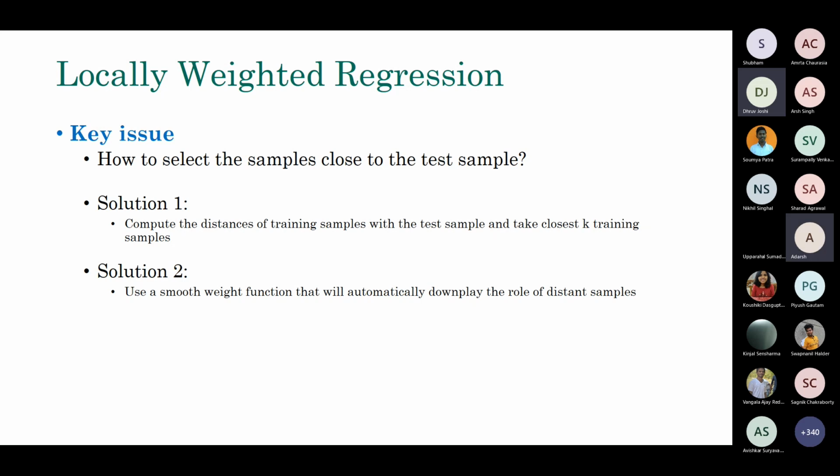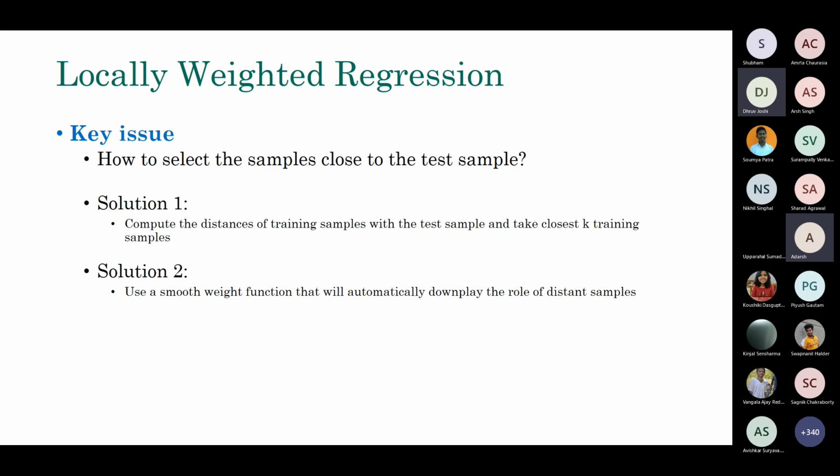Any other solution? Any other explanation? Because in solution 1 we will have to select a distance metric, about how we will measure whether samples are close or apart. So that is also a challenge. But that distance you will need to compute in solution 2 as well, because distance is the only thing. Distance or similarity, something like that. Yes, sir, the metric, how we are computing distance between points.